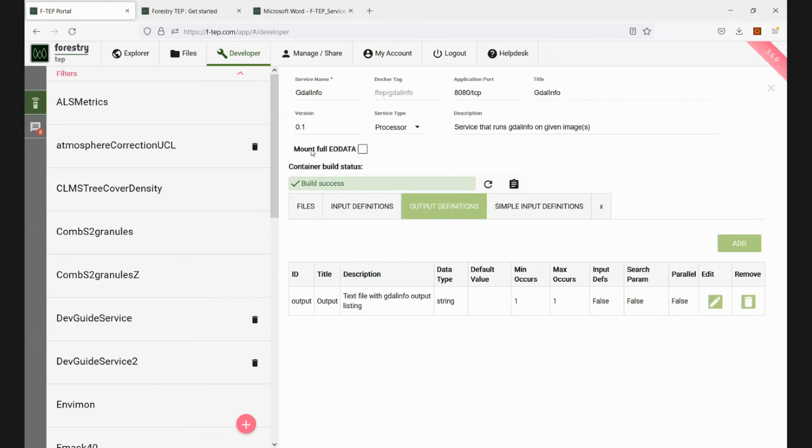And here we have a tick box, mount EO data, which means that the CreoDIAS environment makes available all the data in a network share. And it's a folder structure from which you can find all the Sentinel data, for example, if you know where it is. And you can find the direct file paths from the metadata.